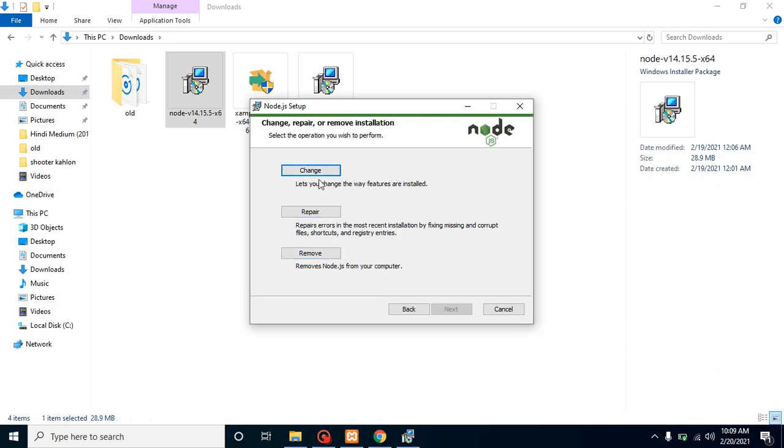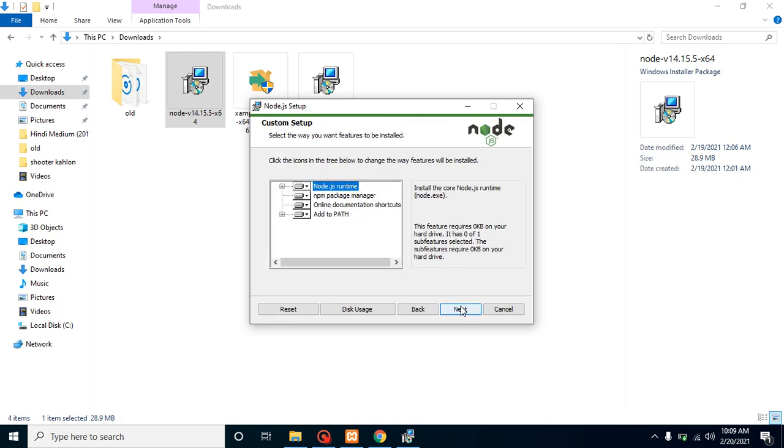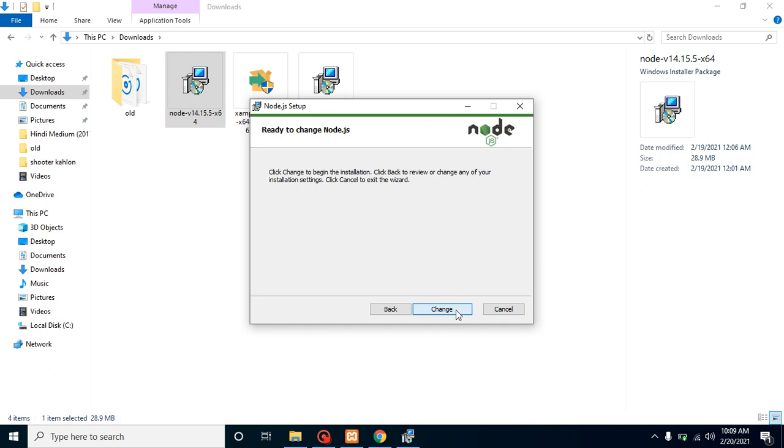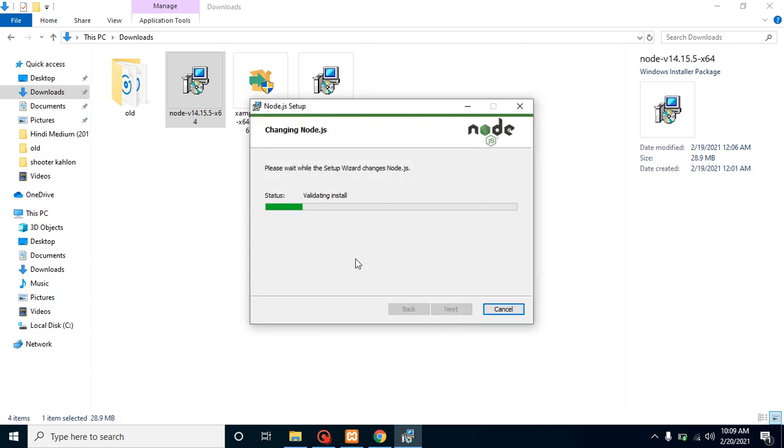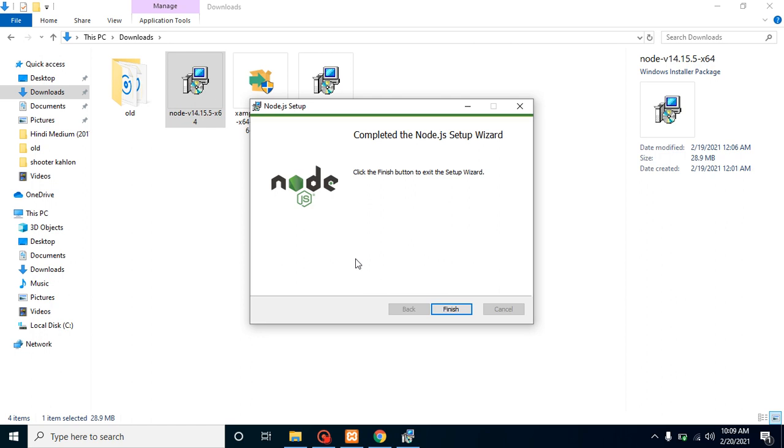So I'm just going with change. Let's select that one and do next. Now the installation is starting, right? It might take some time if you are installing for the first time, but I'm just changing it because my Node.js is already installed, so it will not take much time.